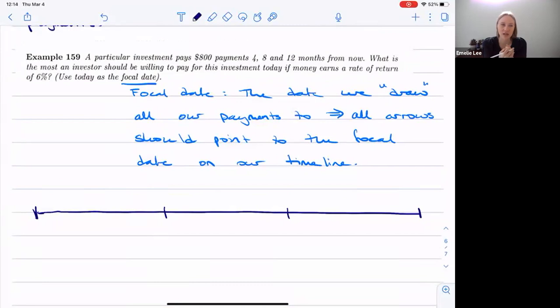Maybe draw a couple of timelines for each question just to play around with it. The more you draw, the quicker you'll be at recognizing, oh, I need 4 time points, and then I need this and this and that. So,